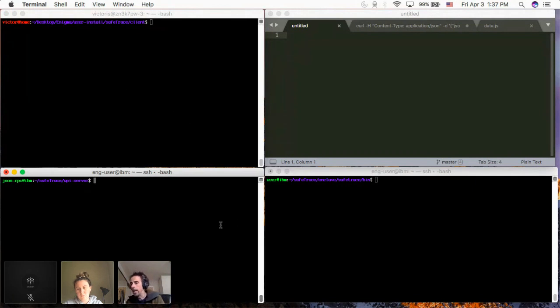And also I want to clarify that these 2 terminals at the bottom are extremely verbose right now, but of course once we deploy this for real, there will be no output here. So these are only going to be verbose for demo purposes.